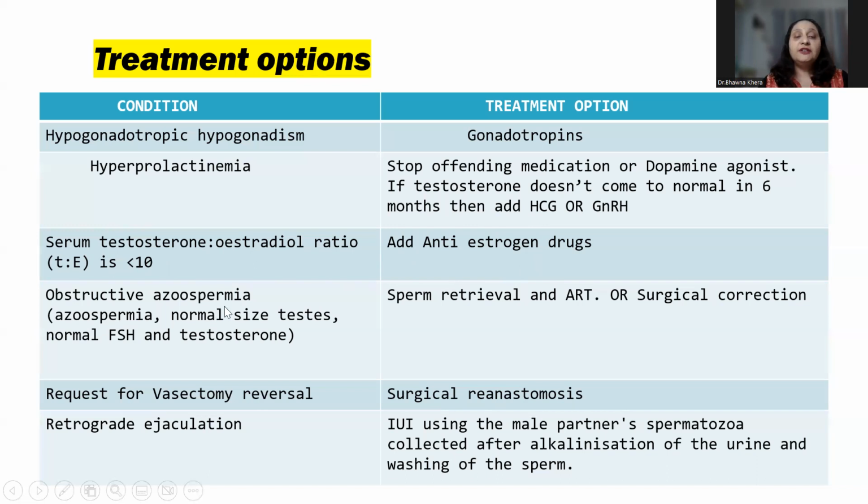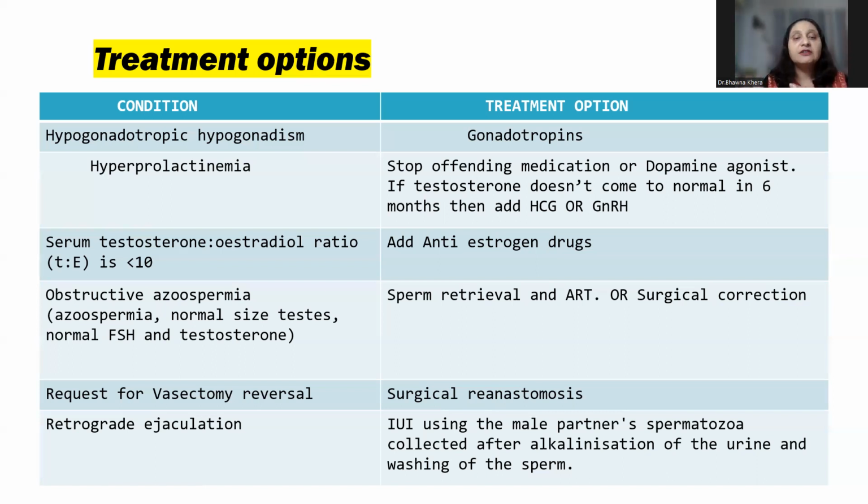Now, obstructive azoospermia, that is, there is azoospermia, but levels are normal. Testes is normal, FSH is normal, testosterone is normal. So what you can do, either you can open up the obstruction if possible, like in vasectomy. In vasectomy, you can do a reanastomosis, so surgical correction can be done, or otherwise in all other cases, instead of